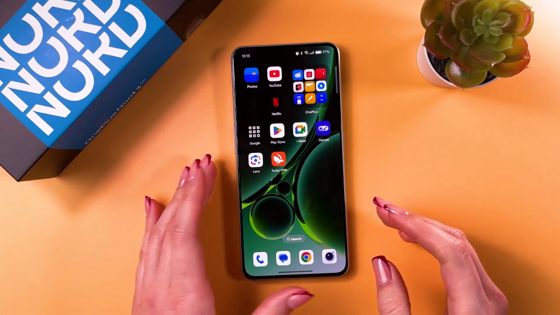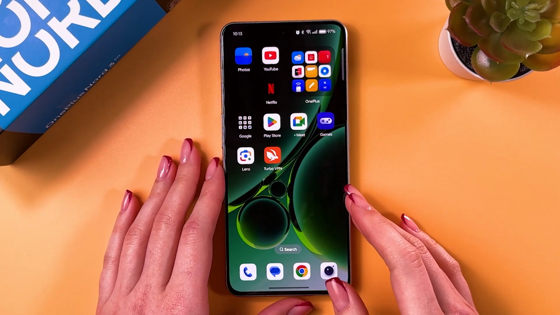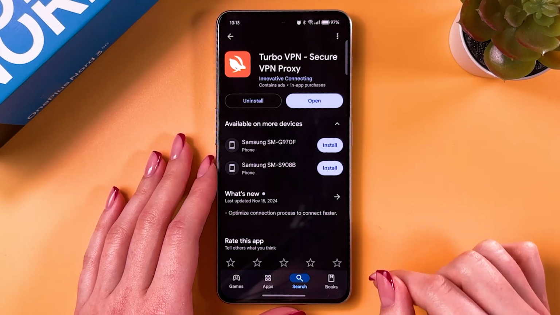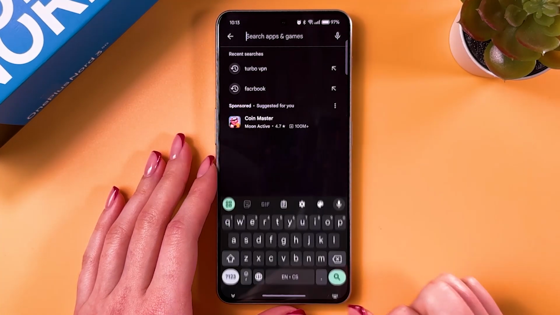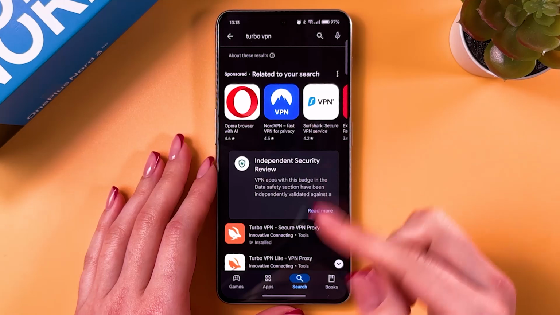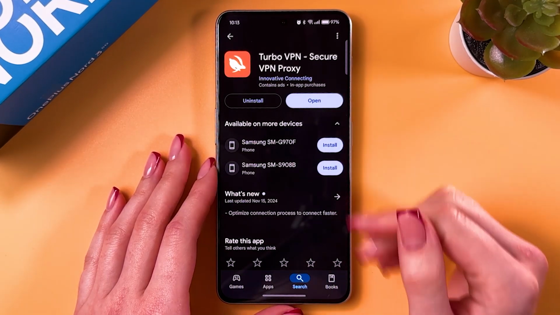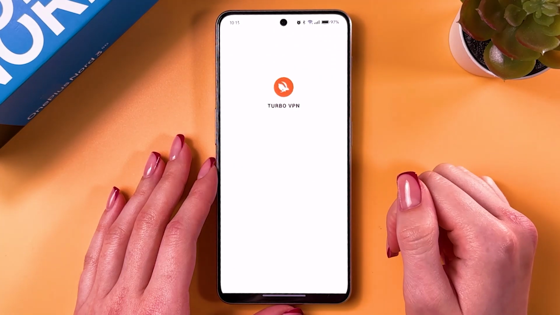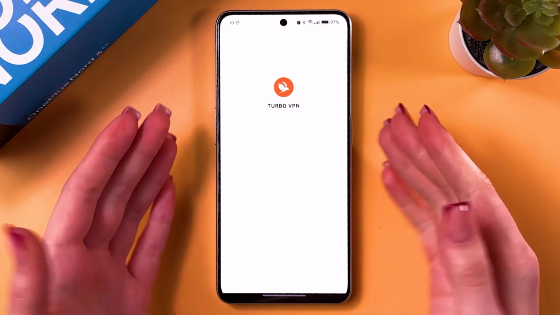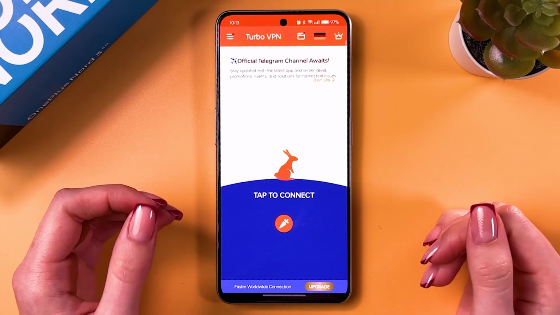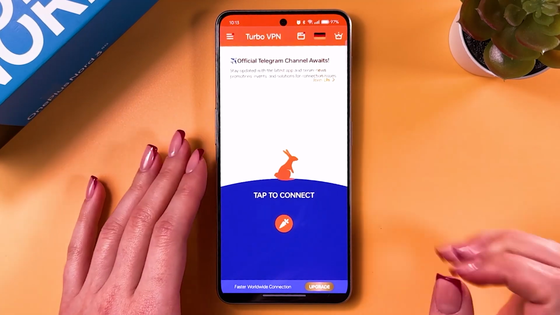Hi, to set up VPN on your OnePlus Nord 3, as a first step, we need to open Play Store. Here in the search tab, we need to find the Turbo VPN and select this orange icon and then download the app. Now, after that, we need to open it. If you firstly downloaded it, you would need to agree with terms and conditions, and after that, you would see